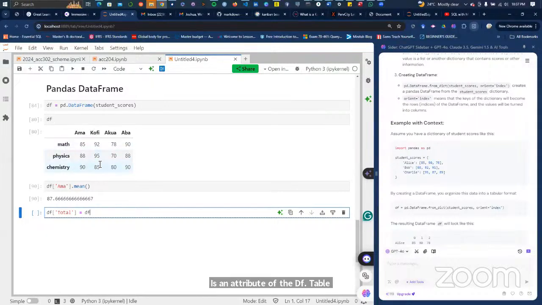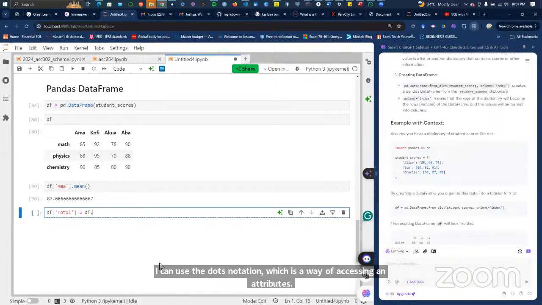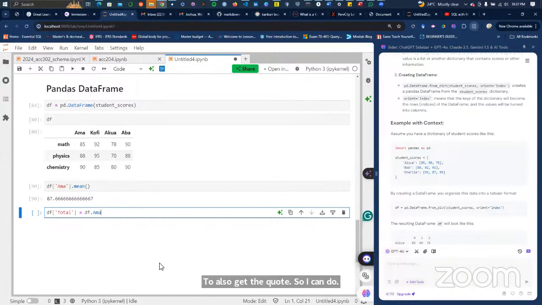The column named Kofi is an attribute of the df object. So I can use the dot notation, which is a way of accessing an attribute, to also get the column. So I can do df.ama. In that case, you don't need any string notation, which is the quotation marks. So df.ama